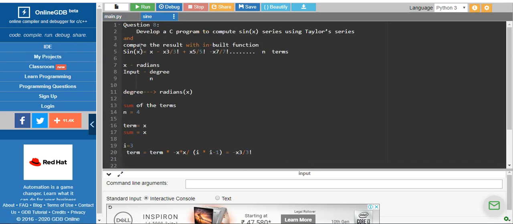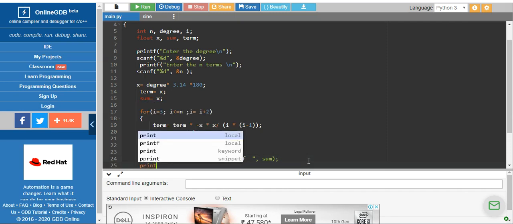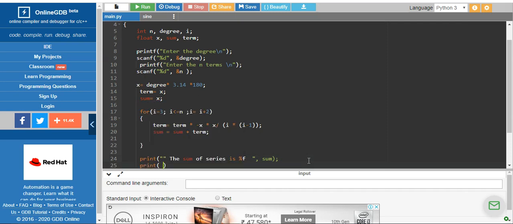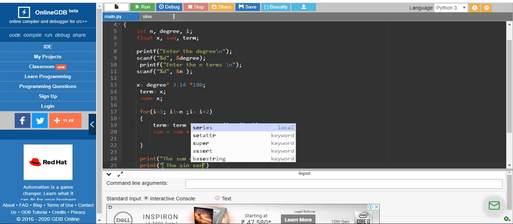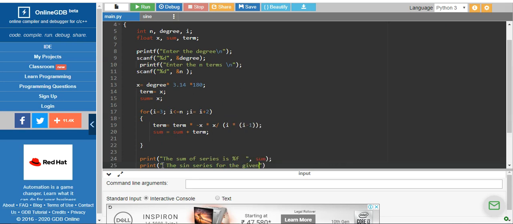Okay, so here now what is the statement? Another statement says you need to compare the result with the built-in function. You need not write an if condition to compare. Just print the output, and directly I am using print. I have used double quotes here. Print the sine series for the given input using built-in function would be